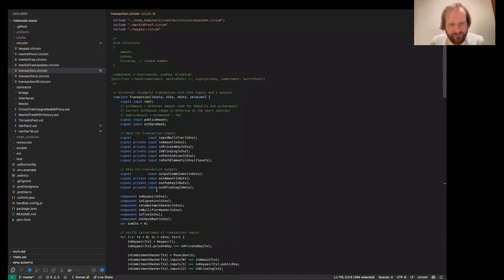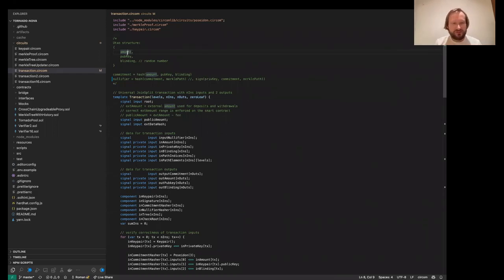So if we can have 2 arbitrary inputs with arbitrary amounts and 2 outputs, what we can do is deposits, withdrawals, transfers to another person, and also we can transfer not the full amount, but half or whatever, and transfer the change, the leftovers from inputs, back to ourselves. So it's a generic model that allows shielded transactions